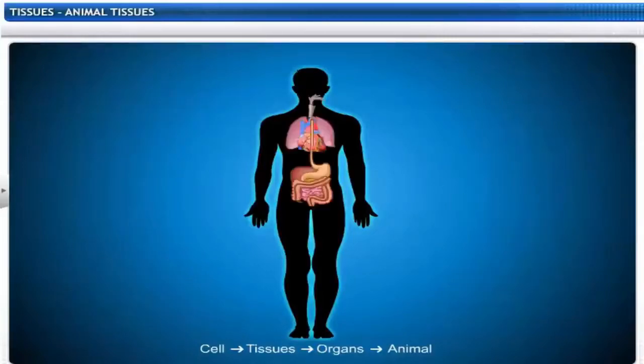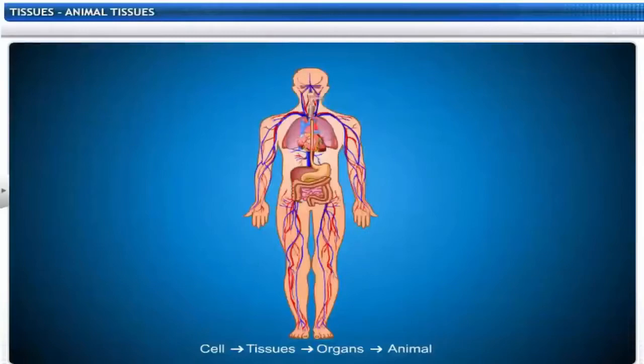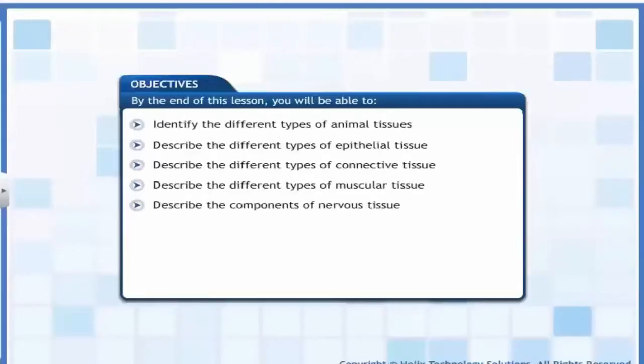Epithelial tissues form a protective layer for organs. They act as a barrier to keep the different body systems separated. Epithelial tissues are of different types depending on their shape and function. Let's first look at the squamous epithelium tissue.